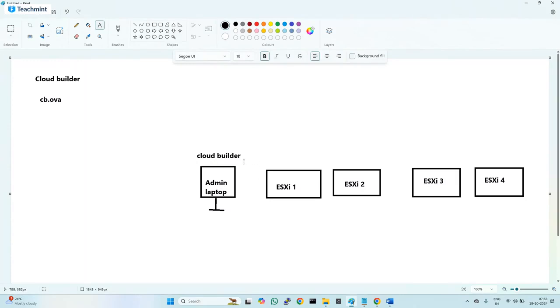Once you deploy it, it will have all the images that are needed, like ESXi, NSX managers, SDDC manager. All the components will be there. So it is around 29 GB of OVA, a 29 GB big OVA file. You need to download and keep it. Once you deploy this Cloud Builder in the same network as your ESXi host, then we have to prepare one sheet